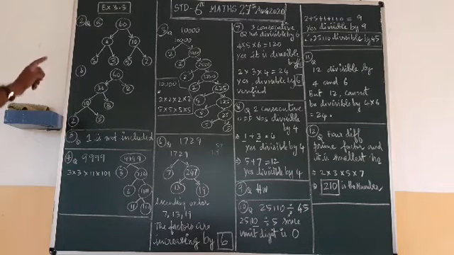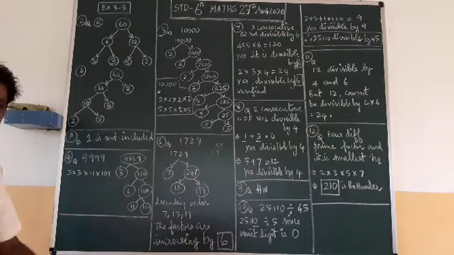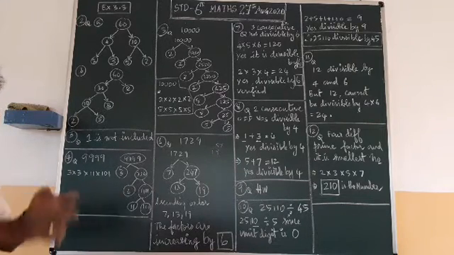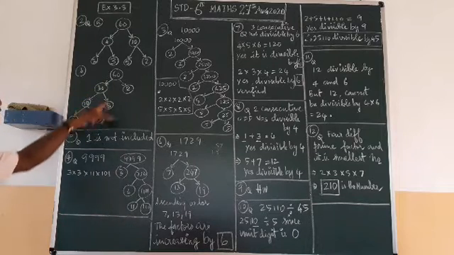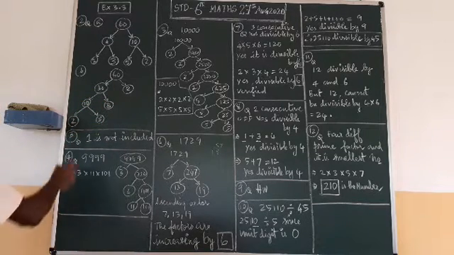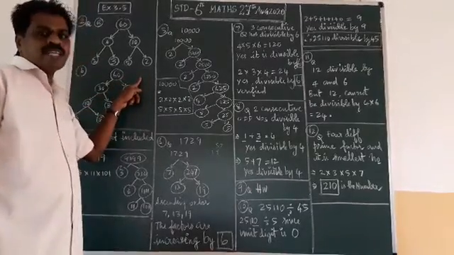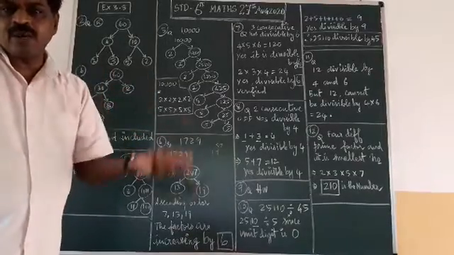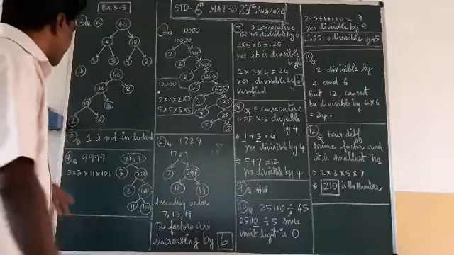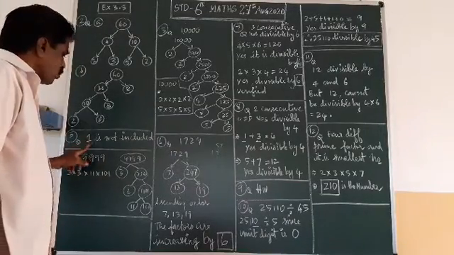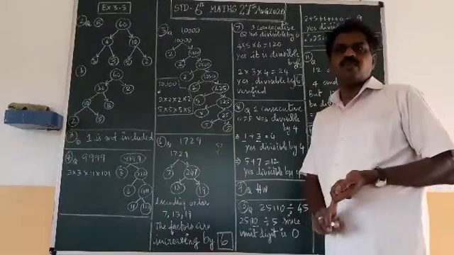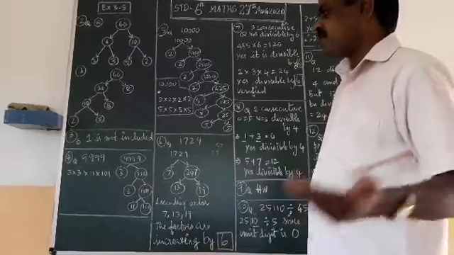That is the second question. Third question: when you factorize a composite number, which number is not included? When you do prime factorization like this, which number is not included here? Suppose you see 2. Further, if you factorize, what will happen? 2 into 1 time. So 1 you will not take, because any number you multiply with 1, you will get the same number. So the answer for the third is: 1 is not included in the prime factorization. Understood? Why? Because any number you multiply by 1, you get the same number.